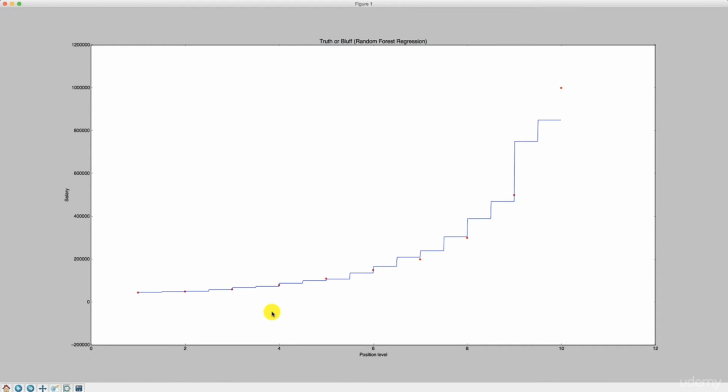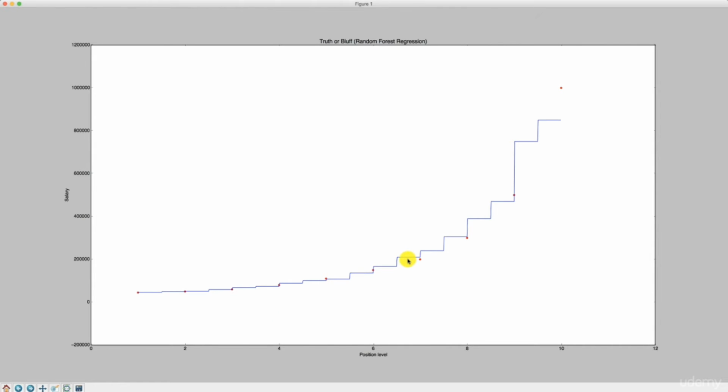Okay, so the answer to the enigma that I asked you in the previous section and that I was asking you again in this tutorial is that we simply get more steps in the stairs. By having several decision trees instead of one decision tree, we have a lot more steps in the stairs than what we had with one decision tree. And therefore we have a lot more splits of the whole range of levels, and therefore a lot more intervals of the different levels. So each straight horizontal line here, separated by these vertical lines, is one interval, that is one split. And the fact that we get more steps in the stairs is actually quite intuitive, because, you know,